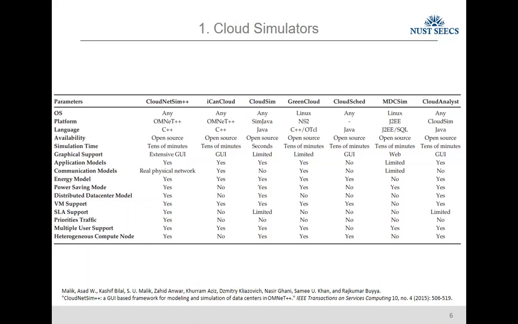The major problem in this simulator is the lack of a network stack. The only thing they use for message communication is calling functions by passing parameters, so there are no OSI layers and no network stacks. You cannot simulate the delay, the packet drop, or the bit error rate, which are the main ingredients of a network. Apart from that, iCanCloud is designed only for VM migrations,